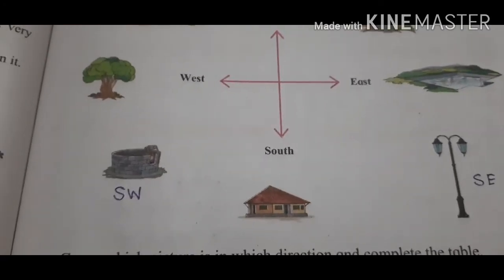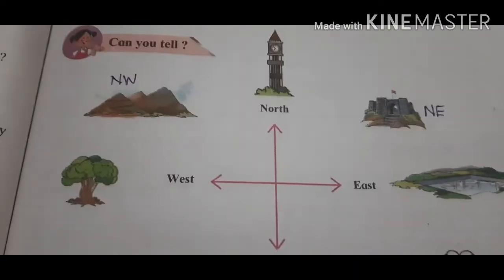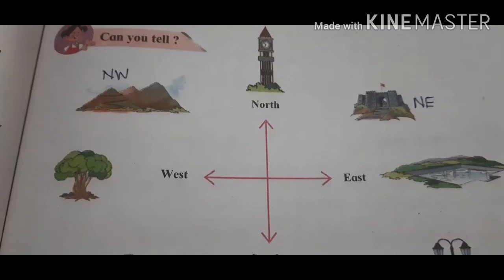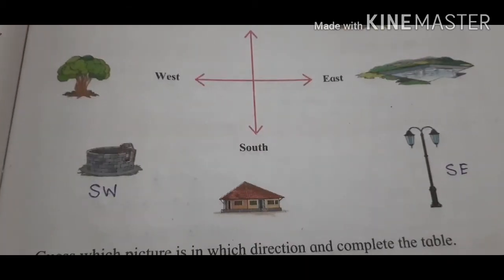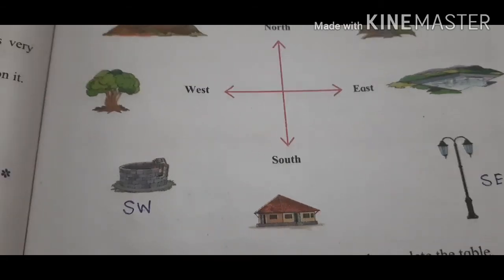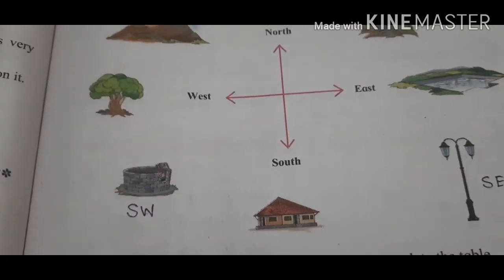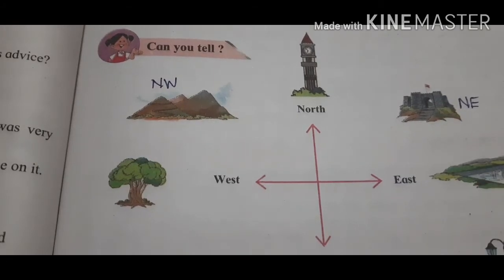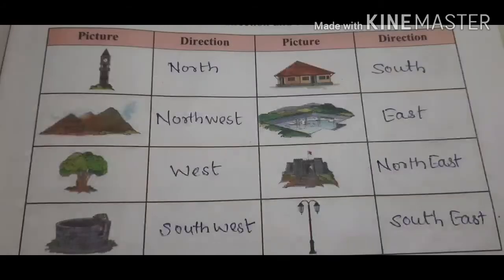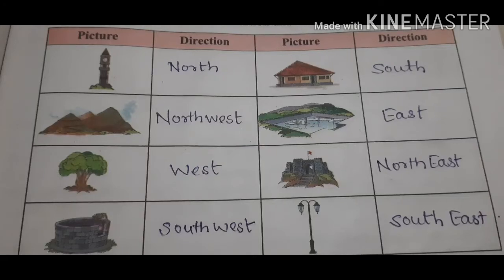It's very easy. Yes, the direction between north and east is northeast. The direction between south and east is southeast. The direction between south and west is southwest. And the direction between north and west is northwest. Okay? So, in the above picture, the things are in the given direction, that is the clock is in north, mountain is in